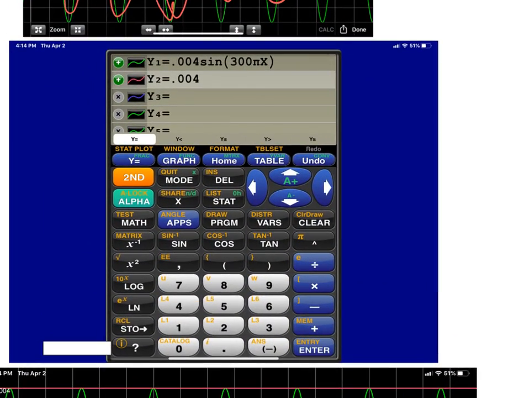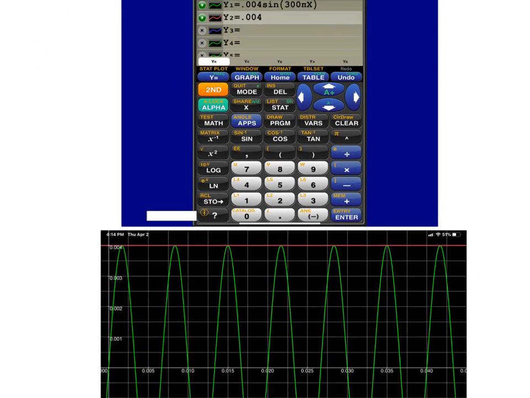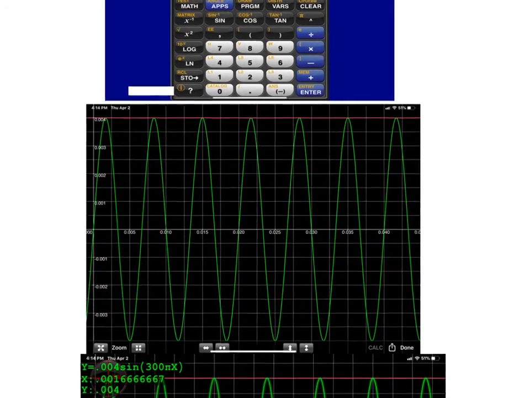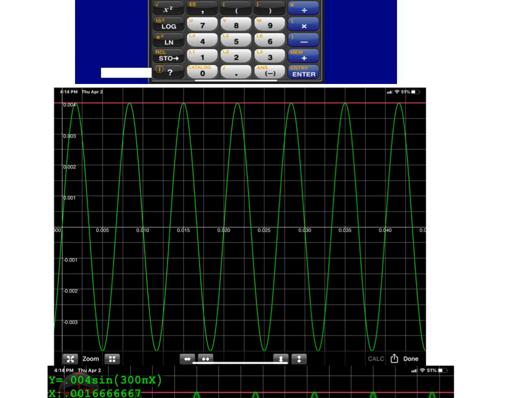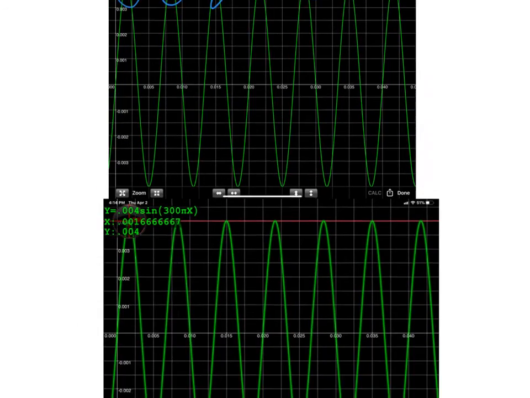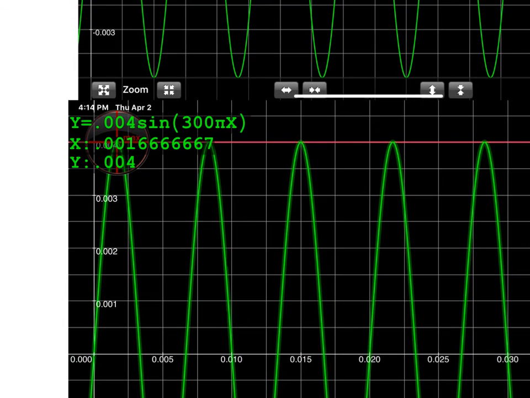Then I typed in the horizontal line that I want to find intersecting it, and that was y2 is 0.004. Hit graph again. There it is. You see it's this horizontal line. Use trace or use find the intersection to find those 3. There's the first at